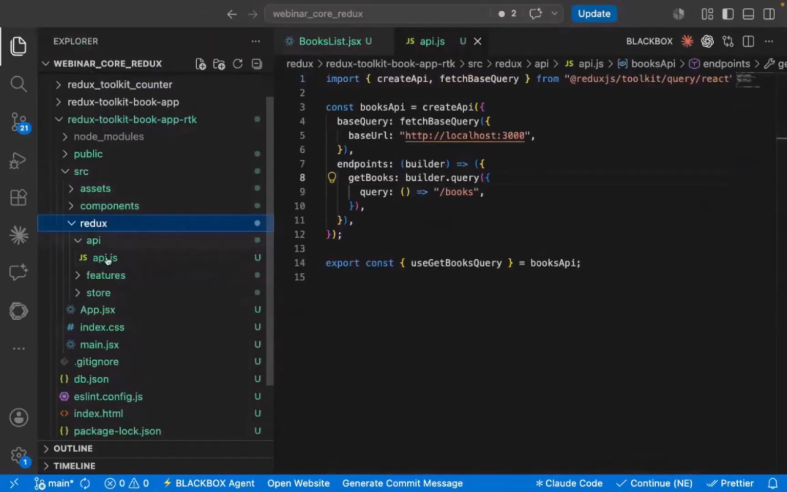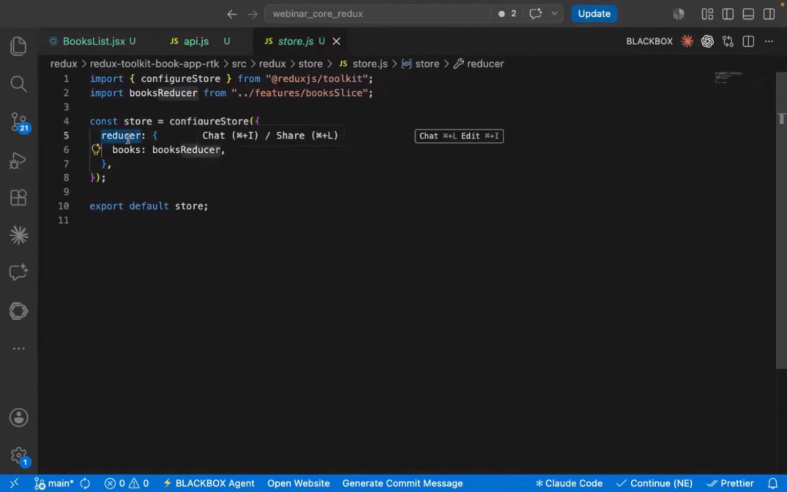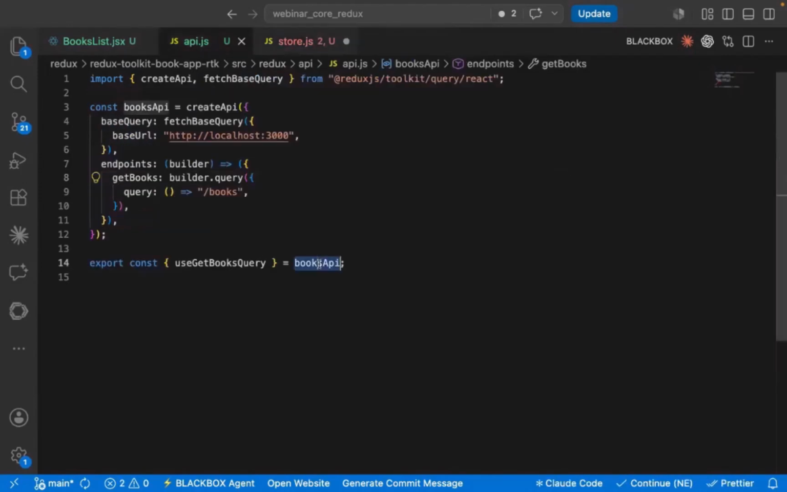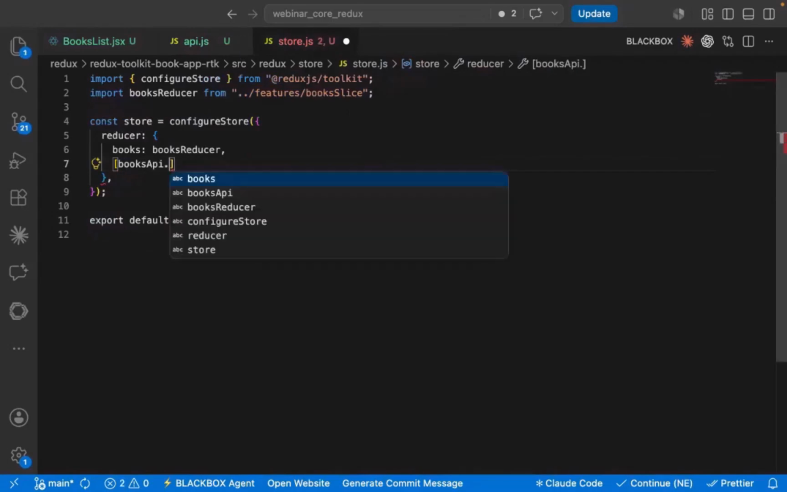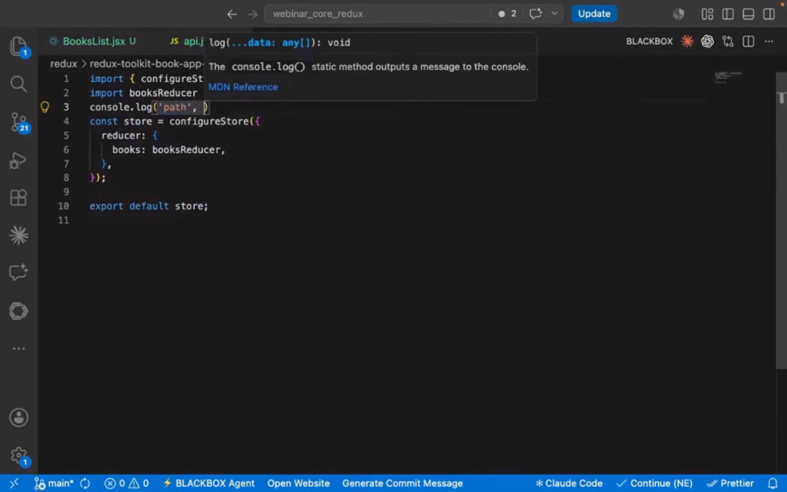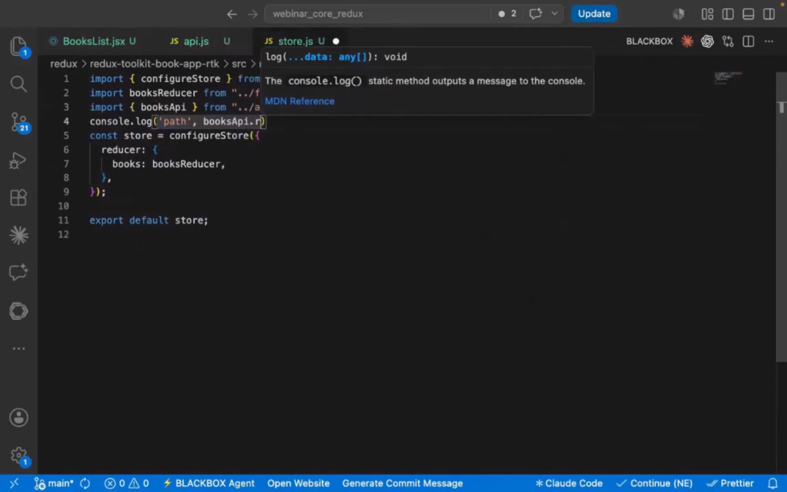If I go inside the store, let me show you here. Inside Redux, we have store, and inside that we have store.js. This is the reducer that we have. Inside this, you need to register your own reducer for this particular API. So here you can add square brackets and you can use the exact same name, books API. Let's export this books API also so we can directly use it here. You can say books API dot reducer path. You can also print what it contains. If I want to see, let's say path equal to books API dot reducer